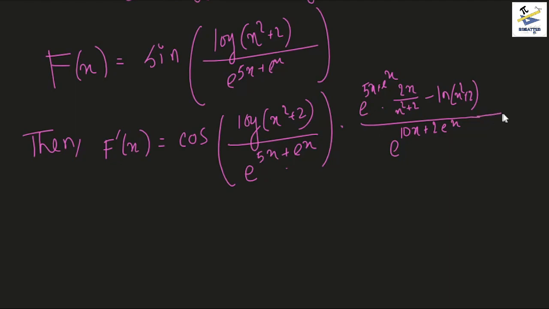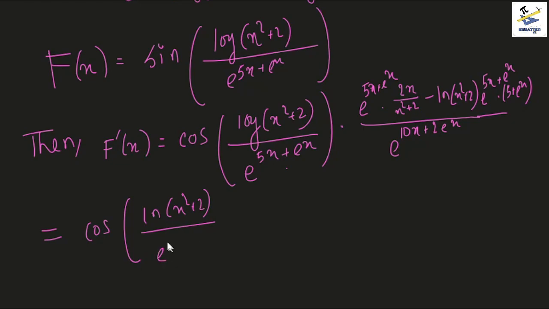And now we do the exponential. So firstly the exponential remains the same, so it's e to the power 5x plus e to the power x, multiplied by the derivative of 5x plus e to the power x, which is 5 plus e to the power x. So we can write it clearly here, cos of ln of x square plus 2 by e to the power 5x plus e to the power x